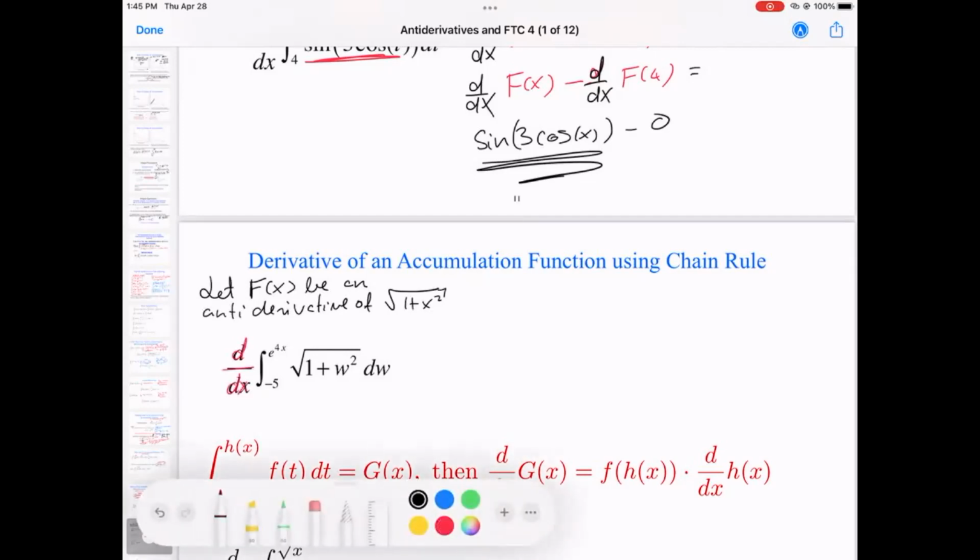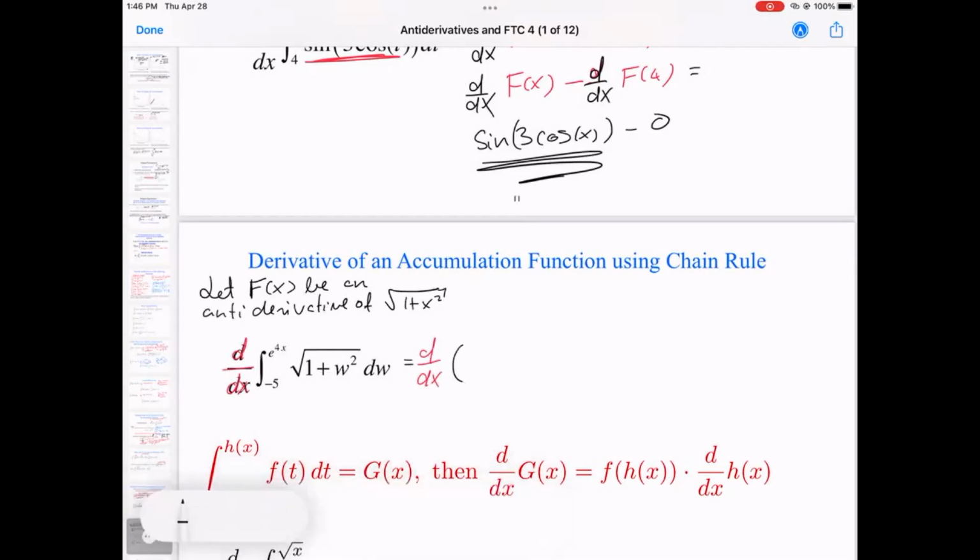Then using the fundamental theorem of calculus, we could express the integral as what? If capital F of x is an antiderivative of the radical function, then what would that be? Using the fundamental theorem of calculus, that would be capital F, yeah, the upper limit is e to the 4x, very good, minus